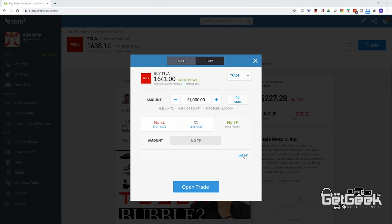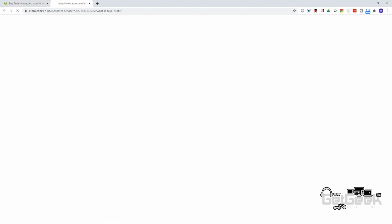But the problem with that is if I'm not at my computer and the price goes up, it won't cash out for me. So I'm going to say, when the price hits the rate of 2,000, I'm happy for it to cash out. Now, something to bear in mind here is if you actually look at eToro's page,